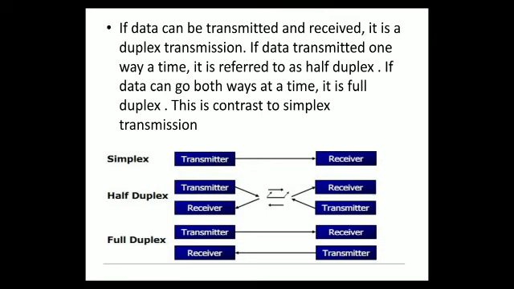Now let us go to the third one, called full duplex communication. You can observe that at any given point of time the transmitter can become a receiver and the receiver can become a transmitter. So there are two separate channels dedicatedly available, and therefore at the same time sending of data as well as receiving of data can happen. Now what is the best example of this? It's your telephone or a mobile phone or a simple two-way communication call, where you can speak and the receiver can listen to it, and at the same time the receiver can speak and you can listen to the words. So this is one of the examples of full duplex communication.